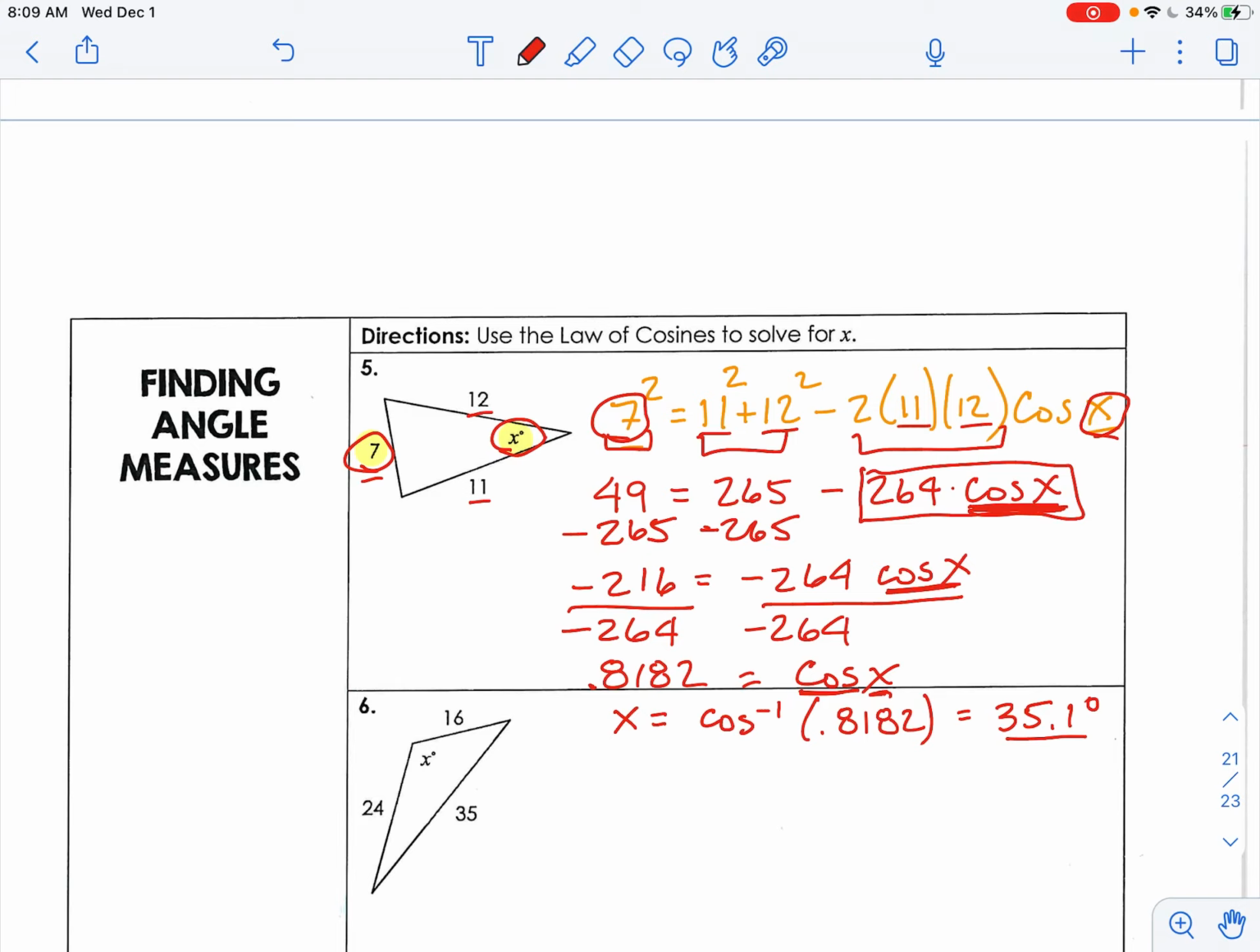And again, why doesn't law of sines work? Because you don't have an angle and the opposite side. So I appreciate you writing those down. When we have class, we're going to go over some more examples of those and ask